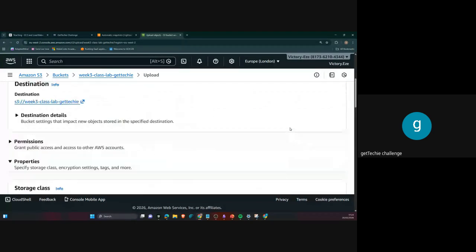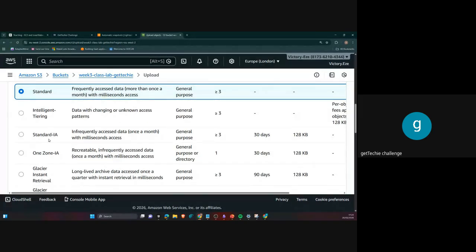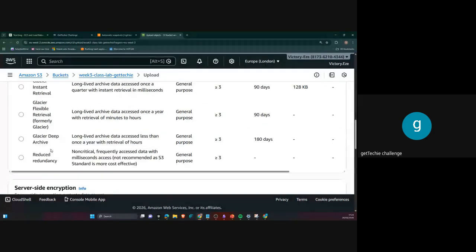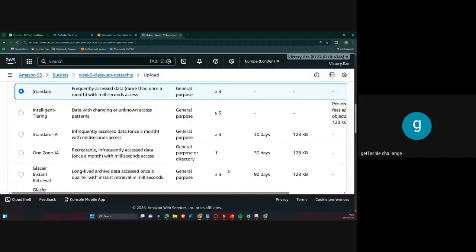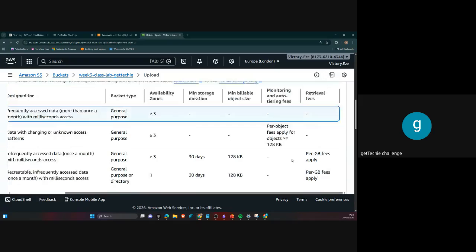So now, immediately I upload the object, can you see it's asking me what storage class I want for this object? I told you by default it's on Standard, right? But I can say no, I want it to be Intelligent-Tiering, or Standard infrequent access, or One Zone, or Glacier, or Glacier Deep Archive, then Reduced Redundancy. Can you see? And they will tell you all of this, including the fee per gigabyte and how the fees apply.